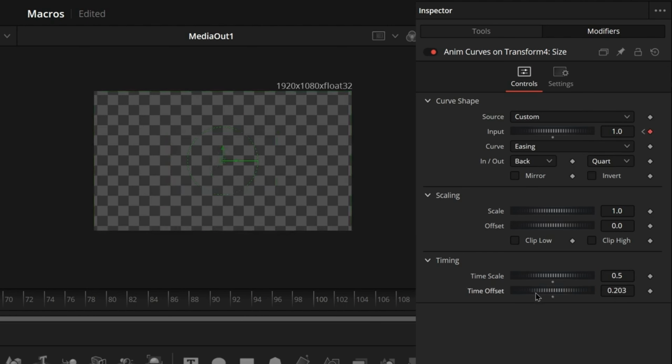If we offset this time, it's going to literally start the animation at a different time than what our keyframes are. So theoretically, you could animate this to be 1 second long, then you can just give them a time offset, and they can set whenever they want the animation to happen. And then they can adjust this as well to give them different time offsets and speeds and whatnot. This is what's used to make transitions and different things like that. I'll have a whole video going over just transitions and how to make those, because those are also more complicated. But this is really cool because this is exactly what I use as my basis for